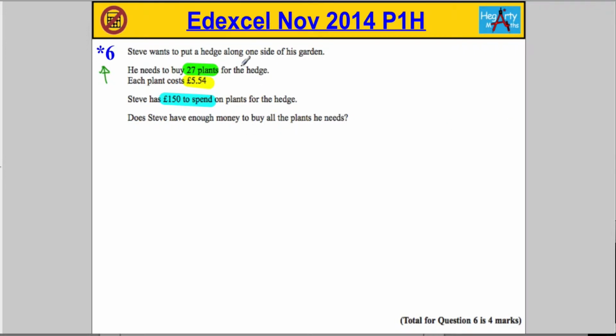So I'm going to work out the total cost of the 27 plants. Now in order to do so, we're going to do some long multiplication. I need to do 27 times 5.54 and I'm going to use the lattice method. So I'm going to do 5, 5, 4 and then 2 and 7 here. I'm going to build up my grid